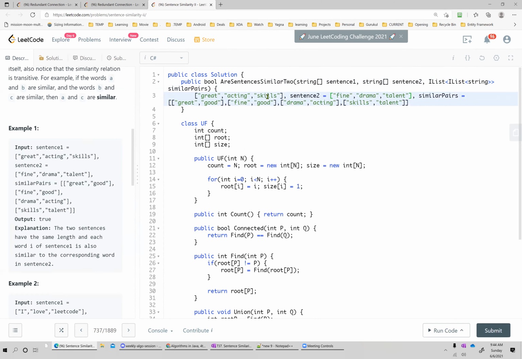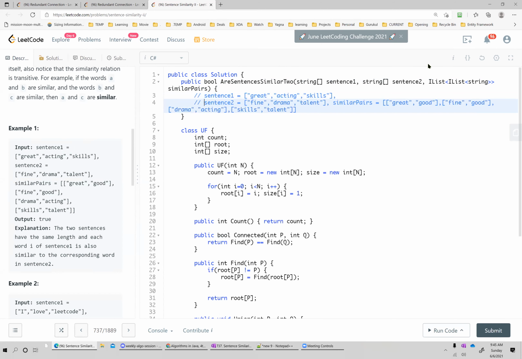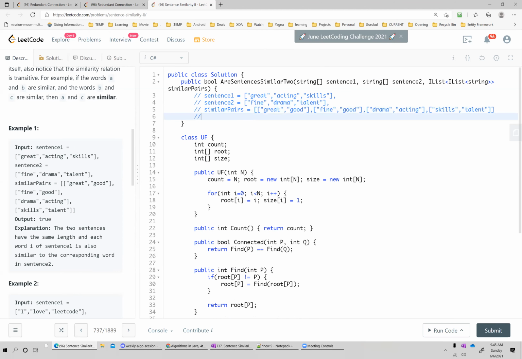So this is our first sentence, right? This is first sentence. And sentence 2 is this, and a similar pair is this, right? Now, what if I basically assign integer to something, right?